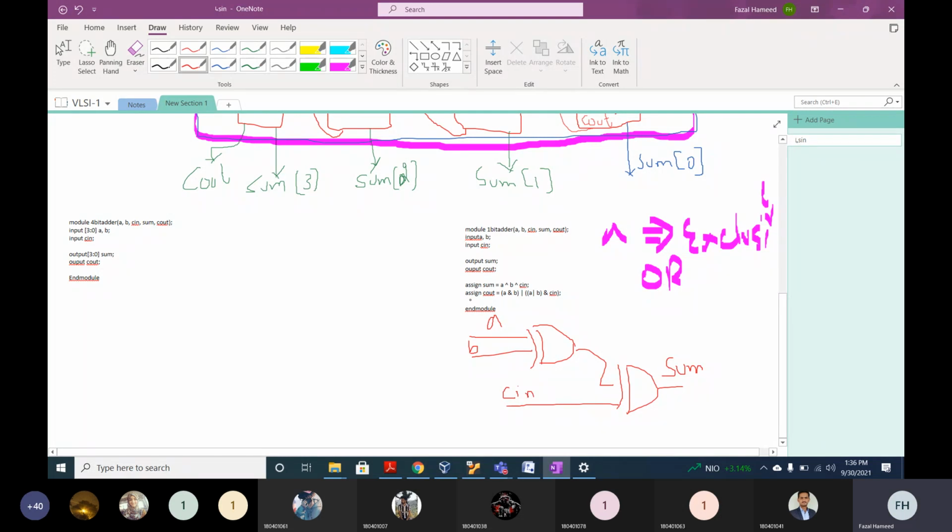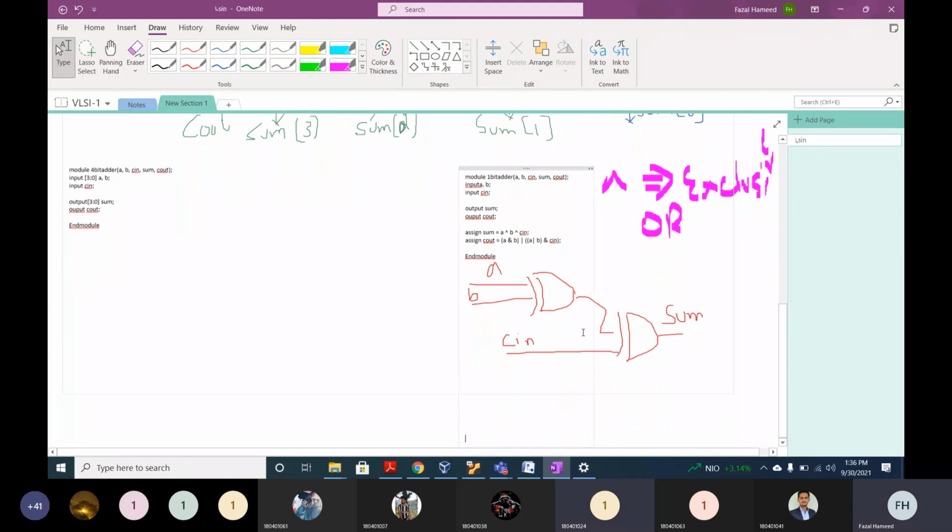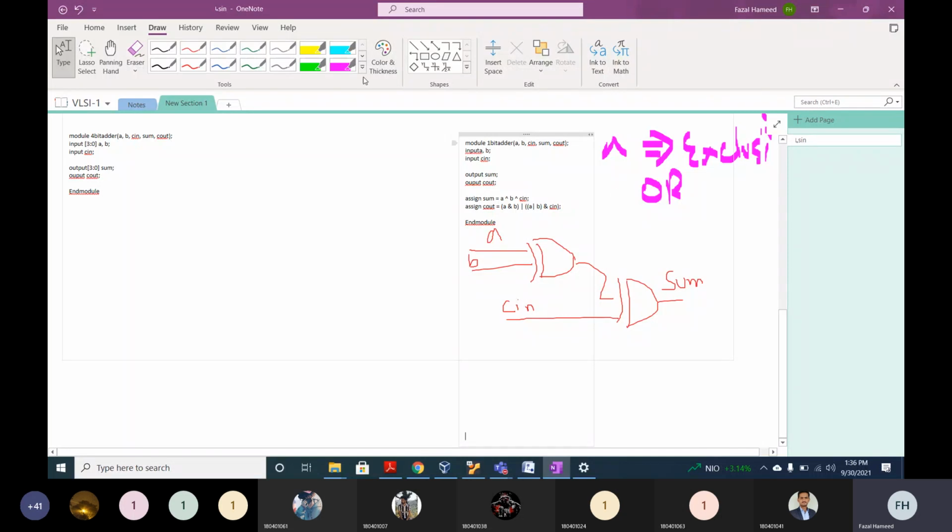Now, if you look at the second output, what is the output? C out. What is the input? A, B और C. If you look at this code, A and B, we are now ANDing A and B. A and B means AND gate. Which gate have we used? AND. A and B. And then it is OR. Which gate have we used? OR gate. It is OR with A or B.